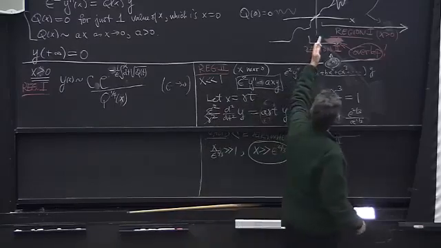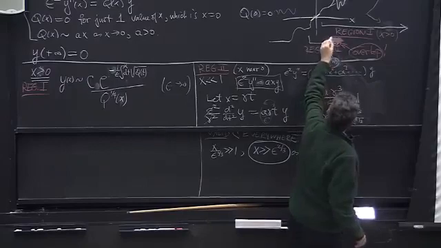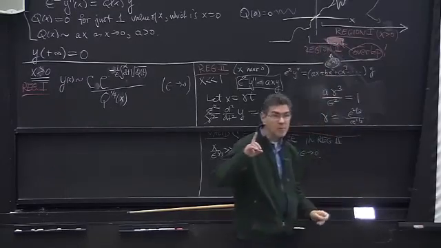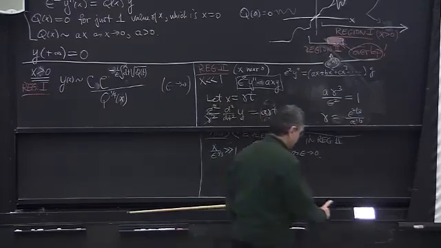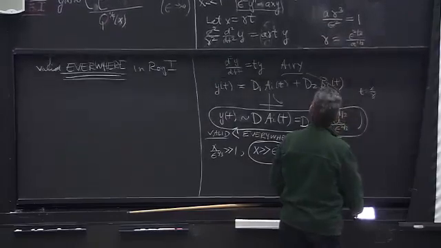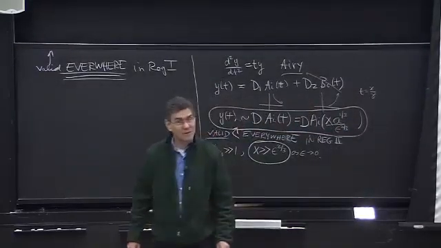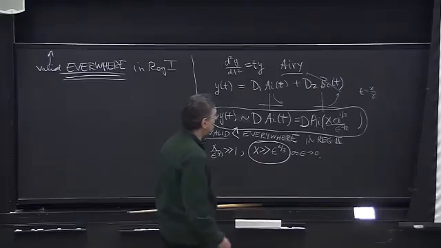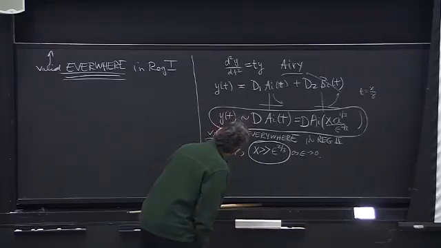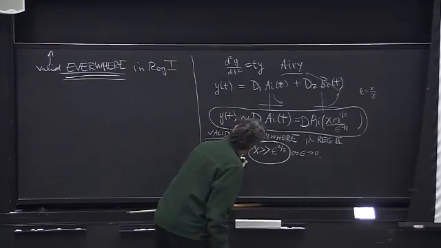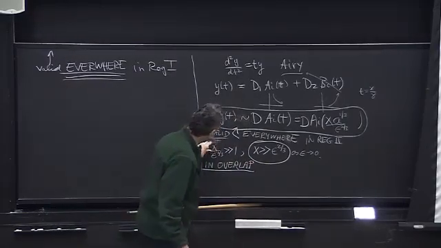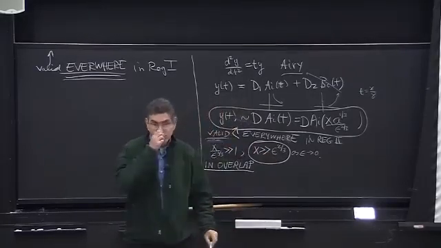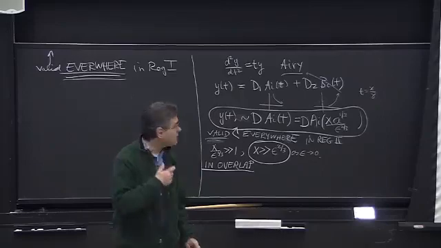So as soon as x gets bigger than epsilon to the 2/3, I am in this overlap region, where I can make an asymptotic approximation to my asymptotic approximation. If I do that, I'm going to use that formula, and I'm going to conclude that in the overlap region, defined by x being large compared with epsilon to the 2/3, that means this argument of the Airy function is big,